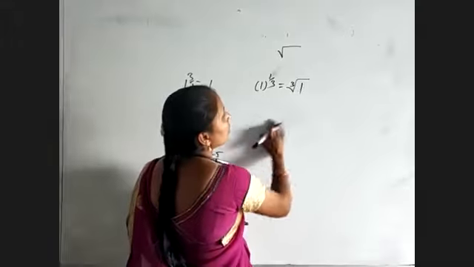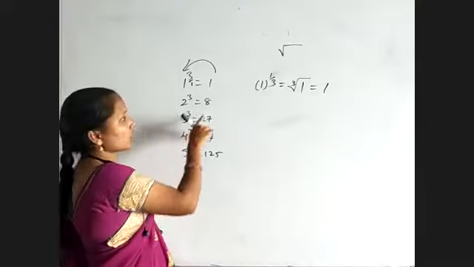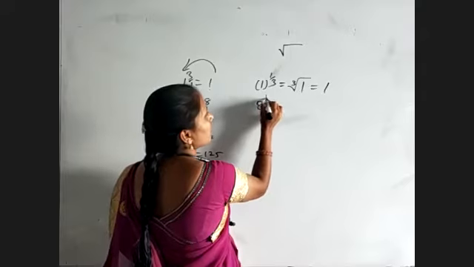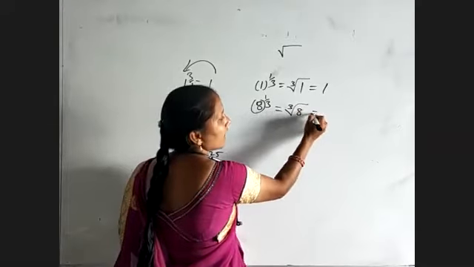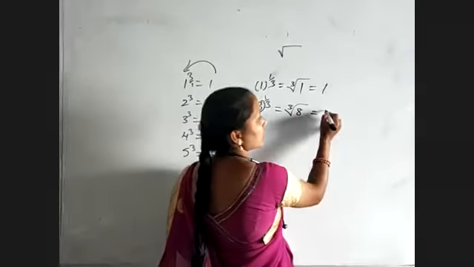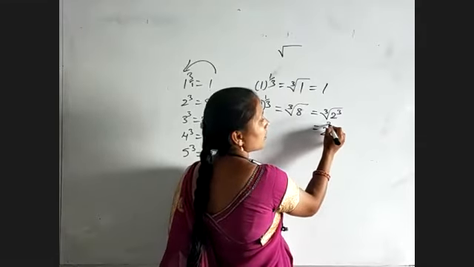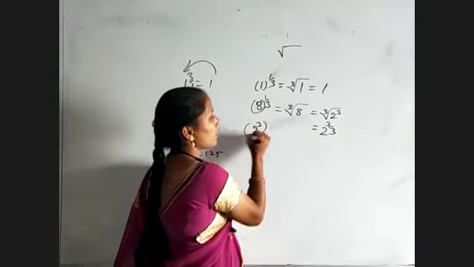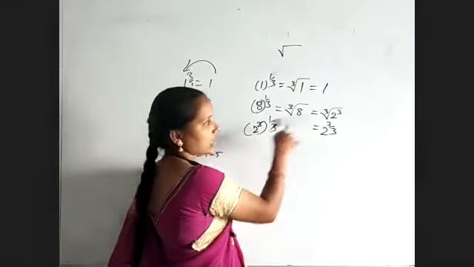Okay. So, cube root of 1 is equal to 1. Reversely we will write. And cube root of 8 is equal to 2, that is 8 to the power of 1 by 3. Why is the cube root of 8 equal to 2? See, 8 we can write as 2 cube. Yes or no? So that is nothing but 2 cube whole power 1 by 3. Using (a to the power m) whole power n is a to the power of m into n, the 3s will get cancelled. That is nothing but 2 only.